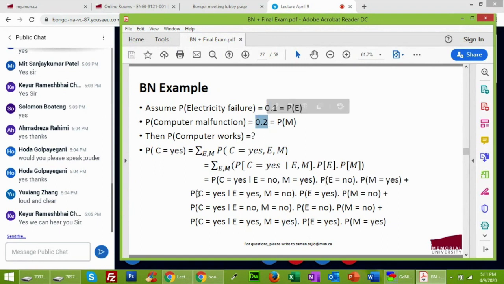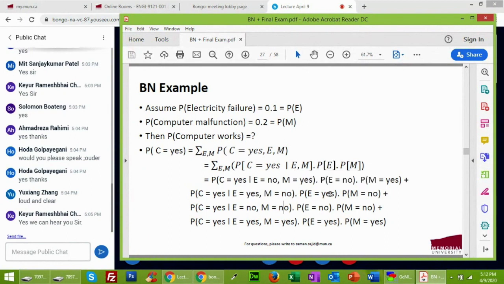Now, in terms of the second one, this is defined as: if the electricity is shut down, the computer will not start, regardless of the potential malfunction. So this probability turns out to be 1.